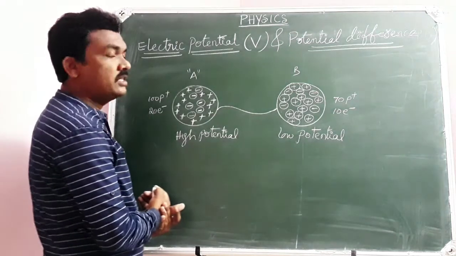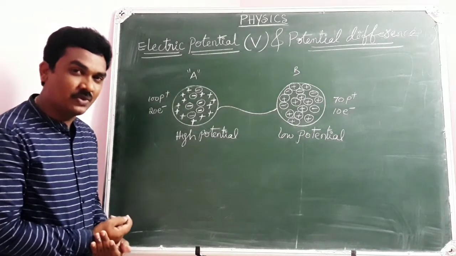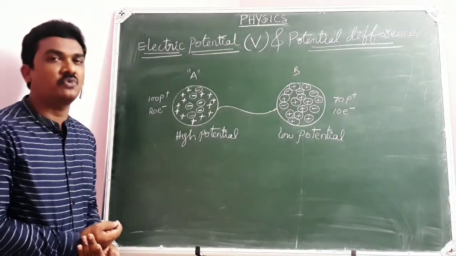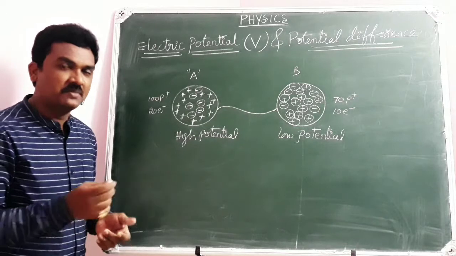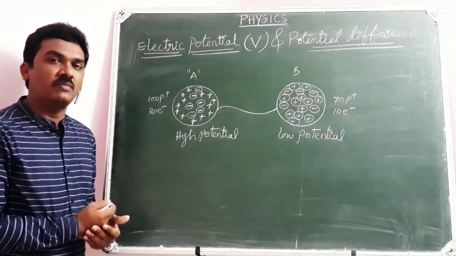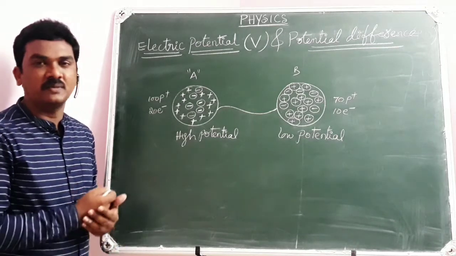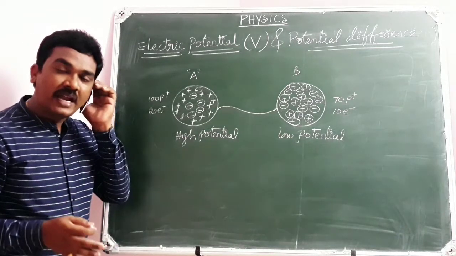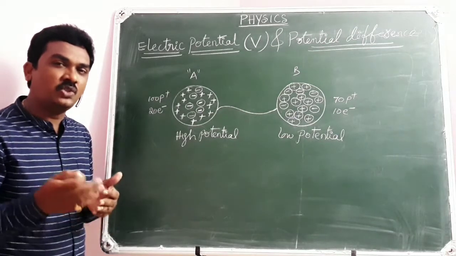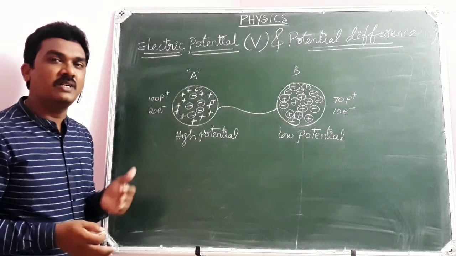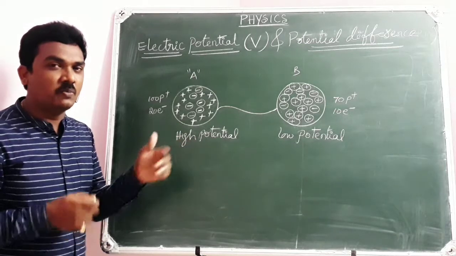Yes, you can expect there is a charge flow taking place. From where to where does charge flow, and what charge flows, is the question. You know, wind blows from high pressure to low pressure. Air moves from high pressure to low pressure. Water flows from high pressure to low pressure. Heat energy travels from high temperature to low temperature, to balance. It's a natural property to balance everything. That's why the flow will be from high to low. Similarly, charge flows from high potential to low potential.